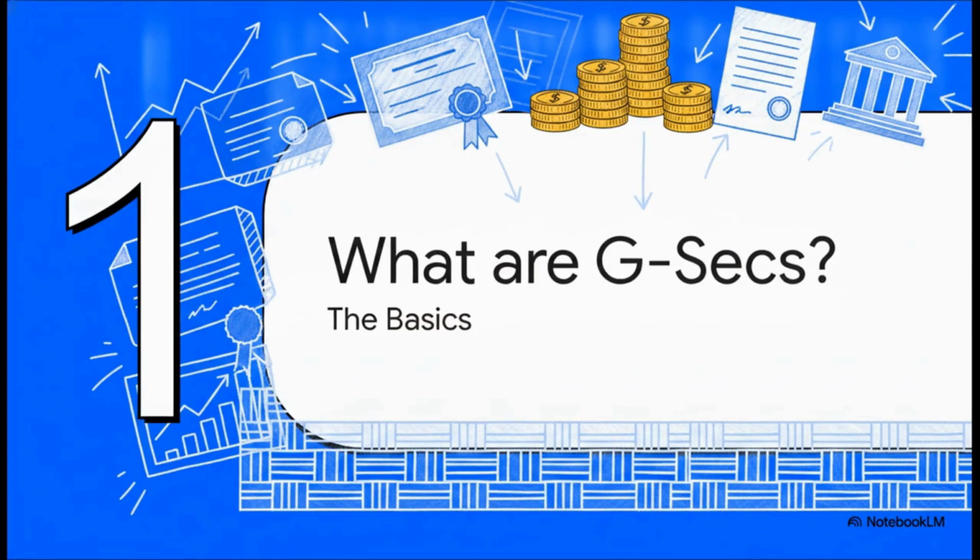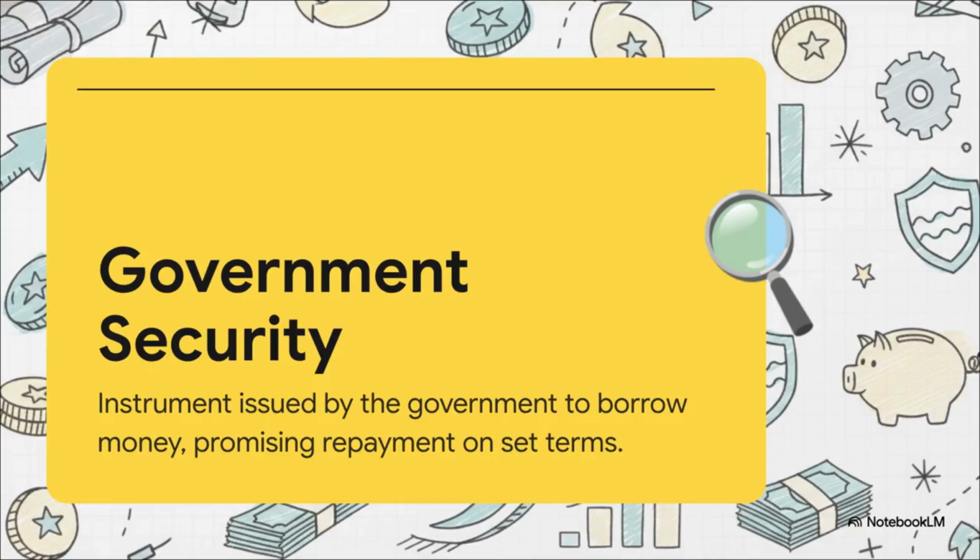Section 1. What are government securities? Okay, let's dive into this. A government security, often called a G-Sec or just a government bond, is basically the ultimate sovereign-backed promise in the domestic market. Think of it this way. When the government needs to fund, say, massive infrastructure, public services, or big development projects, it has a couple of options. Instead of relying solely on taxing the public to the brim, the government borrows money directly from investors. In return, they hand you this security. You provide the capital, and the government promises to pay you back based on very specific, strict terms. The principal amount is generally repaid when the bond matures, and depending on the exact instrument, you might also get periodic interest payments. It's essentially a direct, legally binding loan from you to the state.